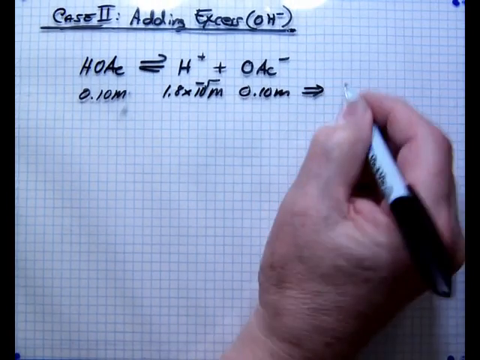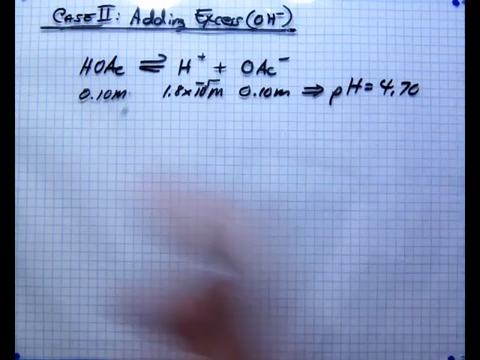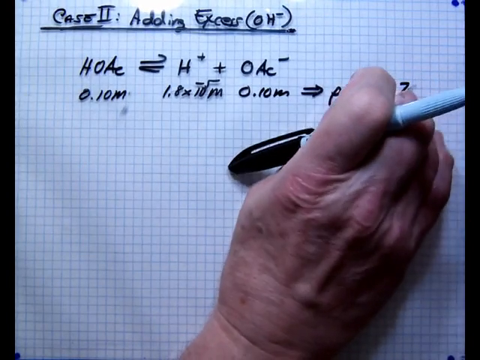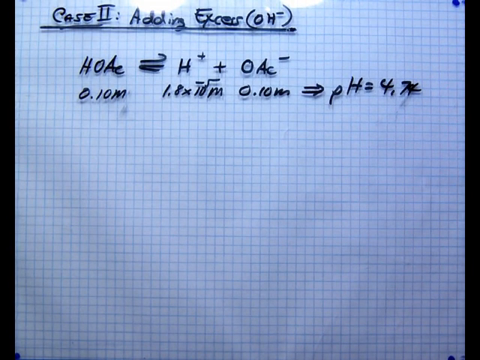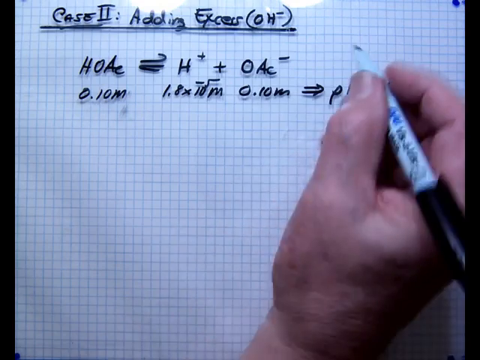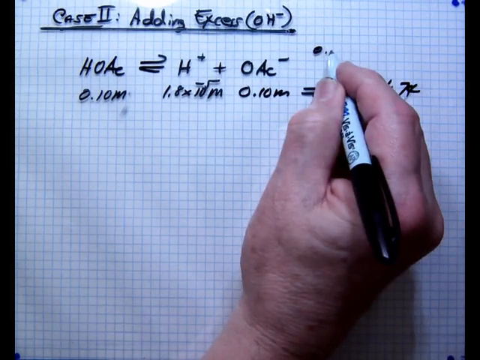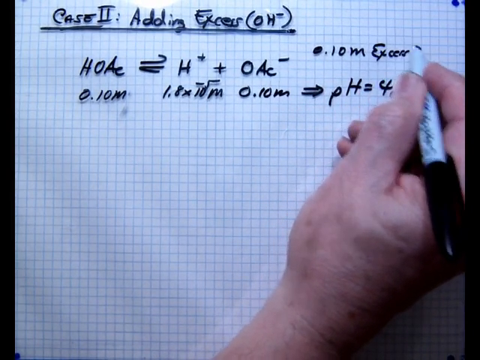this system will have, again, a pH of 4.74. This is what the actual value is. Okay, so when we add the OH, what's going to happen? The excess OH has got to be removed. So we're going to add an excess of OH, 0.10 molar extra hydroxide